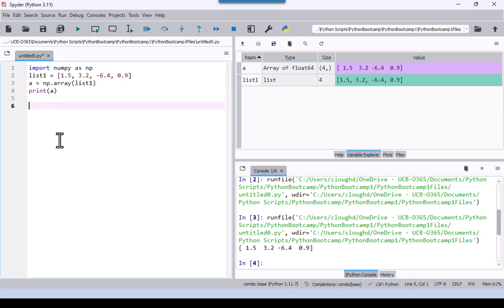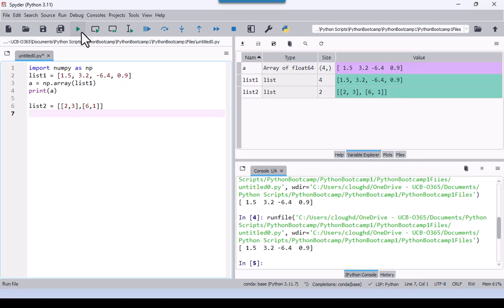Let's do a second example here after this one. We'll call it list 2, and we'll create another list using double brackets here, and then we'll do 2, 3, outside that bracket, comma, another set of brackets, 6, 1. All right. So we'll have that, and now if I run that, it shows list 2, but it's a typed list, and it says its size is 2 because it contains each one of these elements, which in turn contain